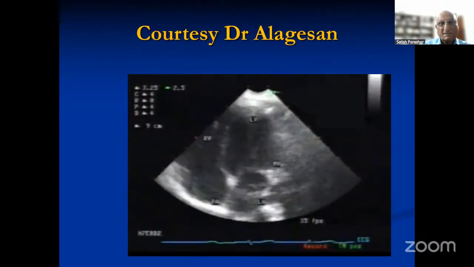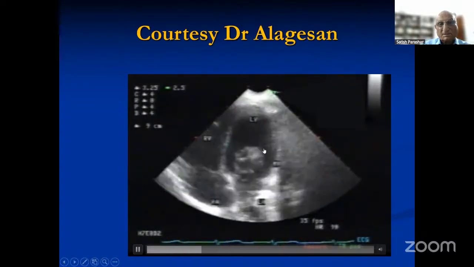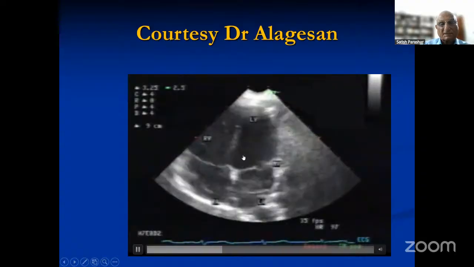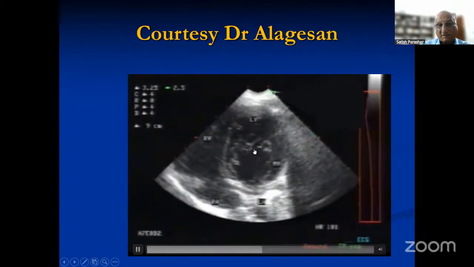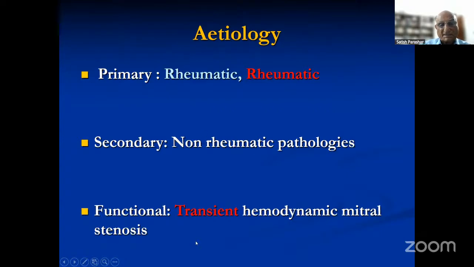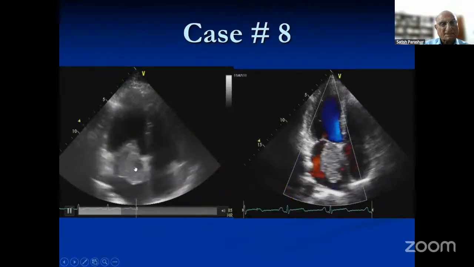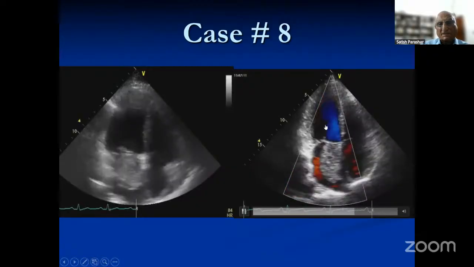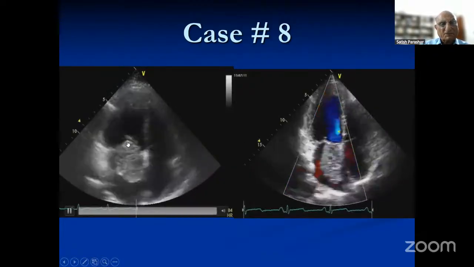And this is again, you can see a parachute mitral valve, because of a single papillary muscle. It is not that common, but should be looked after. Finally, a transient hemodynamic mitral stenosis, which is non-rheumatic. These are all well known to you. A left atrial myxoma producing a partial obstruction in the mitral valve because it goes into the LV during diastole,